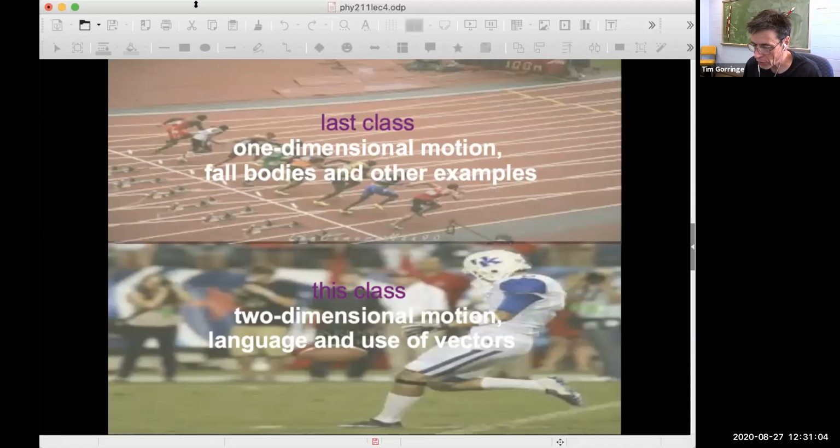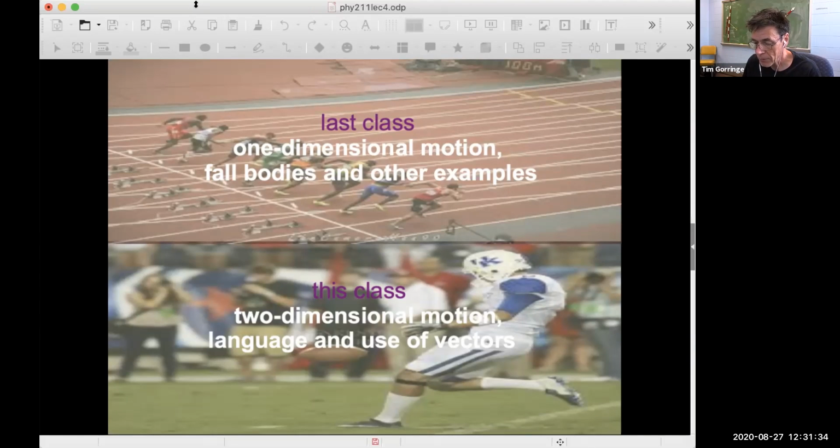And then again, for the lower slide, although the football is moving through three-dimensional space, the interesting motion of the football is happening in a plane, over a two-dimensional sheet. And so we're going to make this transition from the simplest one-dimensional motion to more complicated two-dimensional motion